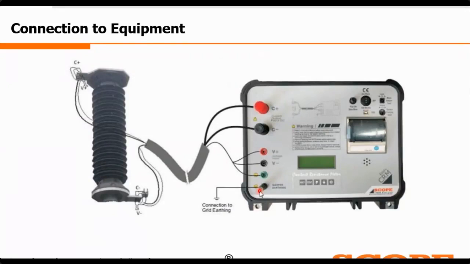So this is the brief about our instrument, and this is how we will do the connection. As you can see, the connection is very easy, short and sweet. And as we are also having this auto ranging facility in the Plus series, you basically don't need to do anything. You just need to push the test button, and with the auto ranging resistance feature, the result will come automatically.